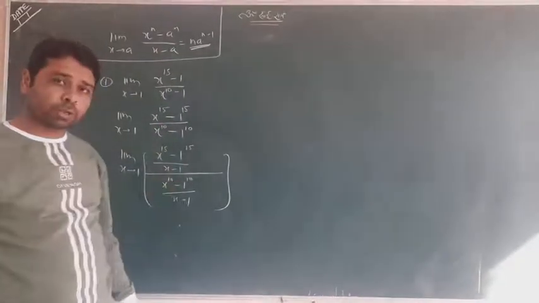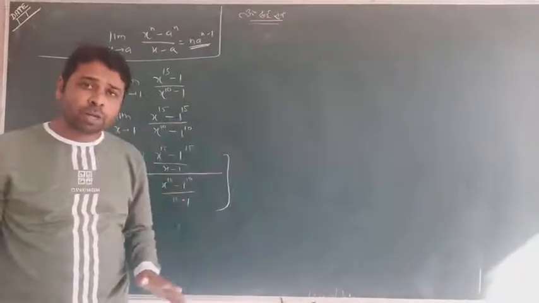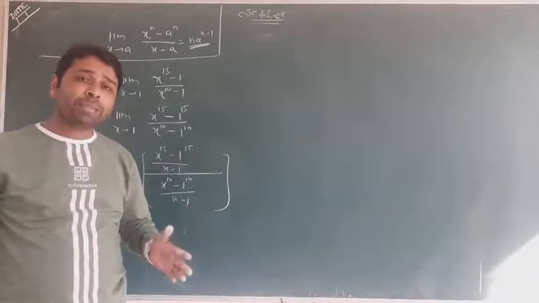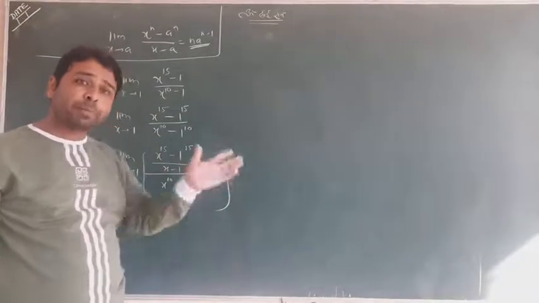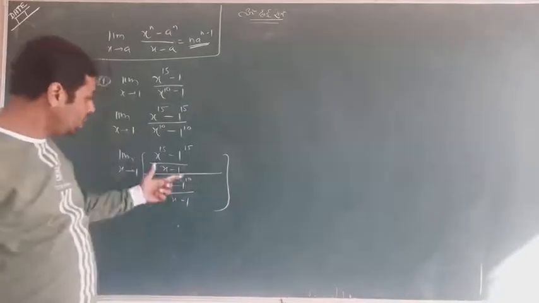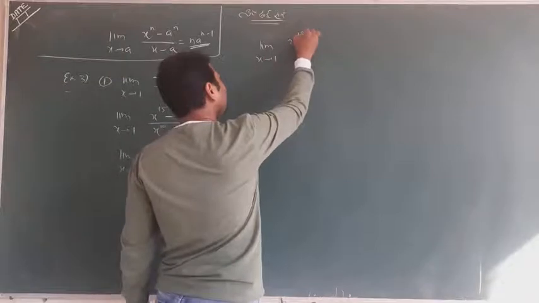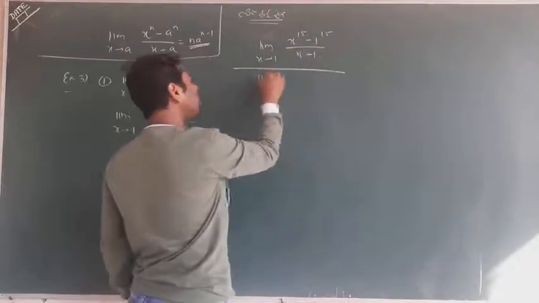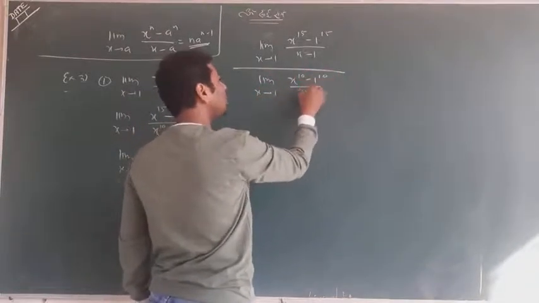I got it. And about the limit, I want to tell you without any special explanation, the limit can be separated anytime. It can operate with anyone. In multiplication it can separate, in plus and minus it can separate, and in division it can also separate. So the limit can separate in the numerator as well as in the denominator. So this is my numerator, and upon it, again I write the same, x to the power 10 minus 1 to the power 10 upon x minus 1.